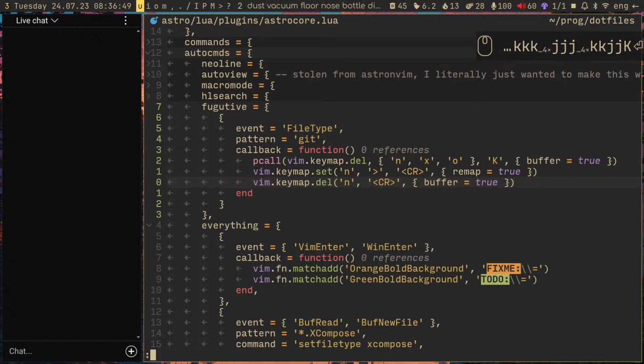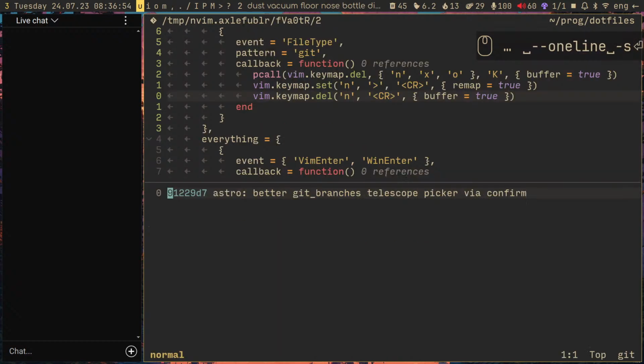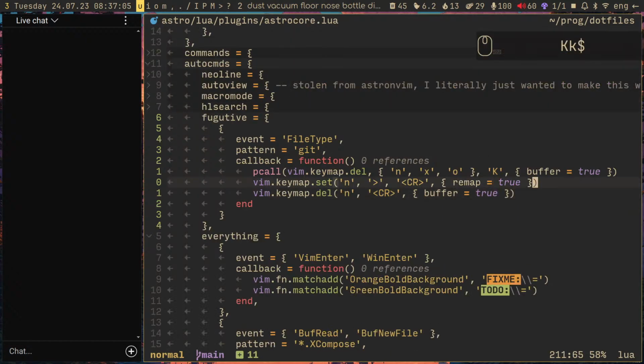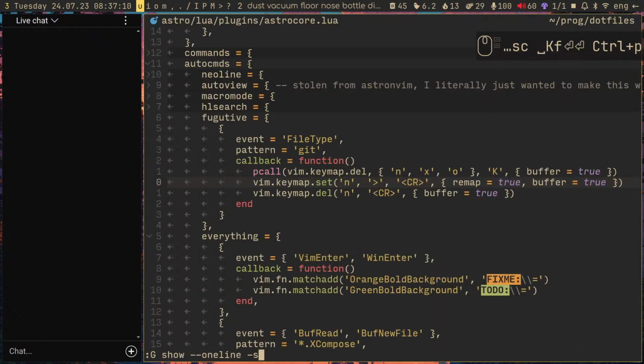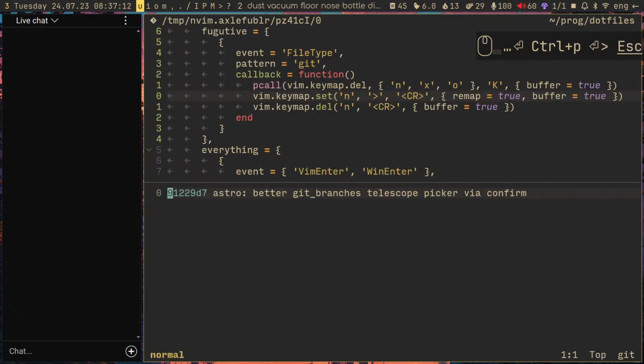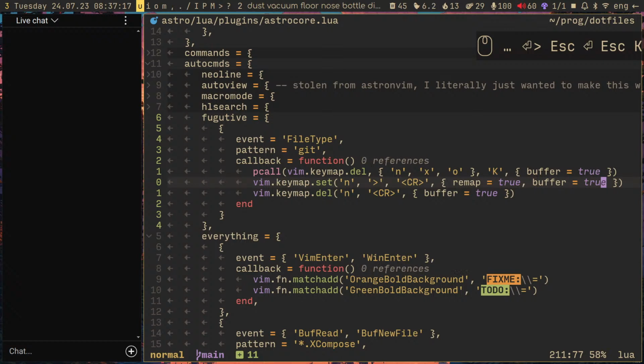Let's actually do git show one line dash s, and when I press this, interesting. Oh, that should also be for the buffer. Buffer is true. That sucks. Fine. Okay, let's look at the